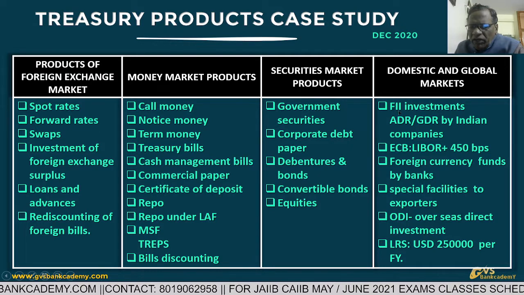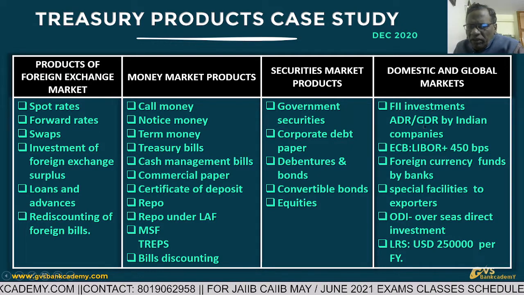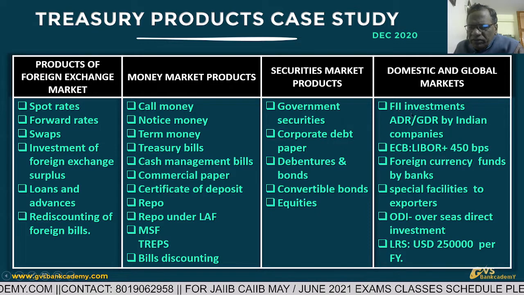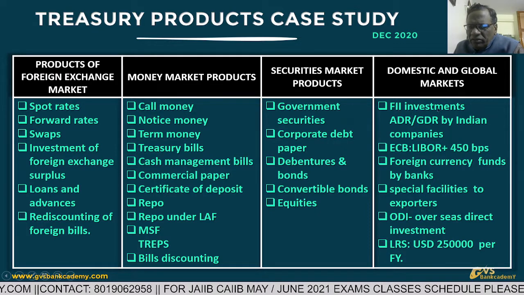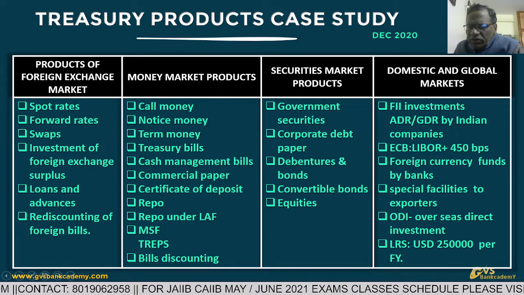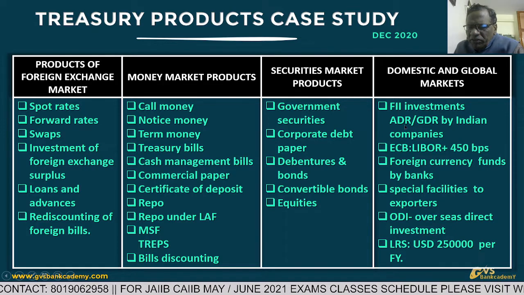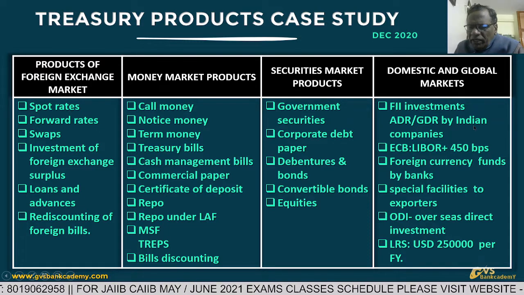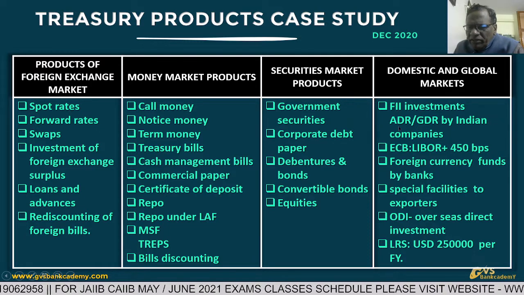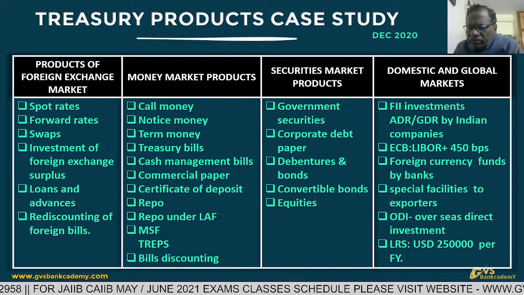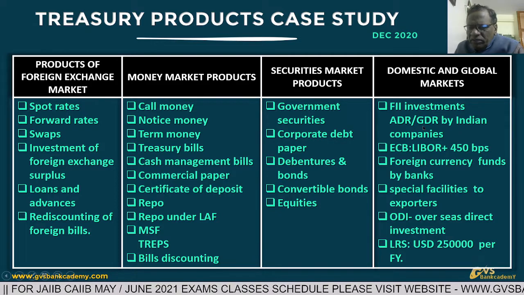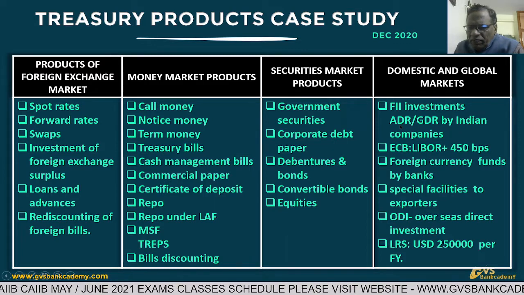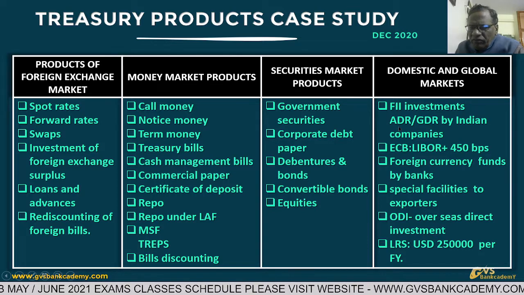This is foreign institutional investments. On behalf of foreign institutional investors, banks are also purchasing and selling securities. Our Indian companies are issuing ADR, American Depository Receipts, and GDR, Global Depository Receipts, in international markets. ADR means listed in New York Stock Exchange. GDR, Global Depository Receipt, means listed in other than New York Stock Exchange. What is the benefit of issuing these? Our Indian companies are getting foreign currency.